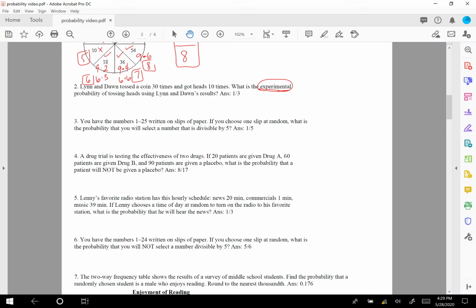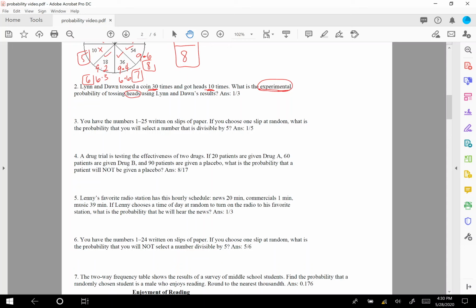The theoretical probability, like what they should get, is 1/2, because one side of a coin is heads and the other side is tails, so you have a 50% chance, 1/2, of getting heads. However, we have to go with their actual results here. So we're saying based on what they got, what's their probability of getting a heads